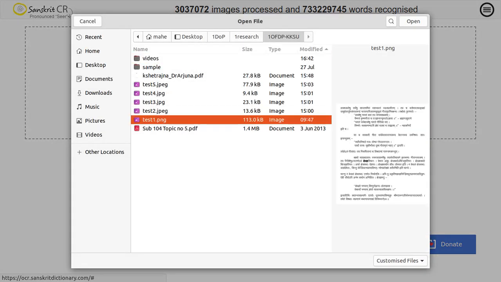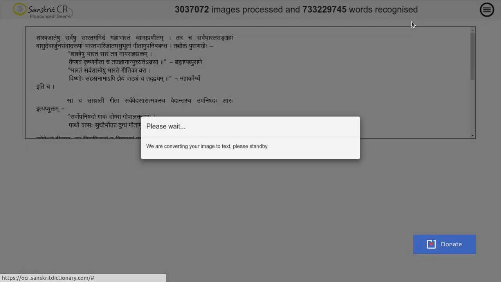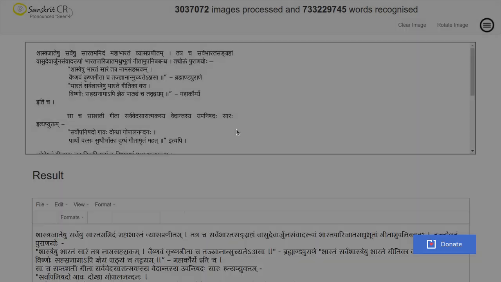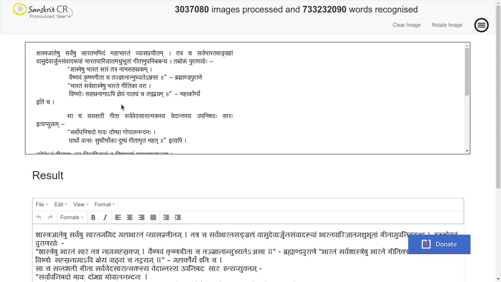I have an image which contains some text. I gave it, and it says, please wait, we are converting your image to text. Please stand by. My image was this. Shastra Jateshu Sarveshu Saratamamidam Mahabharatam Vyasa Pranitam.